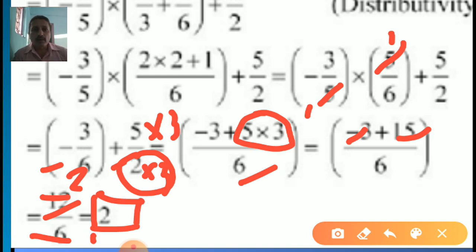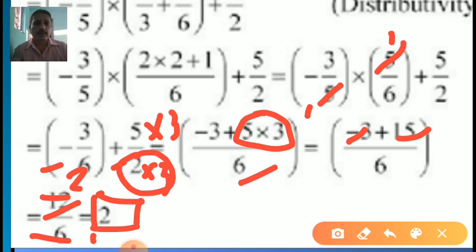Always write in a box. Once again I remind you, all questions with black pen, answers with blue pen, and the final answer with a box. Understood? Let's move to the second question. Don't worry, this is the first question. Don't panic. You cannot learn directly from the first answer. You need practice because it is our first lesson and you had a very good vacation and maybe forgot the things you studied previously. So don't panic. We will solve all the questions.